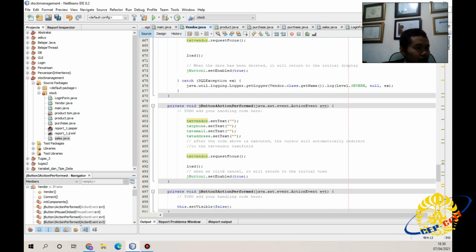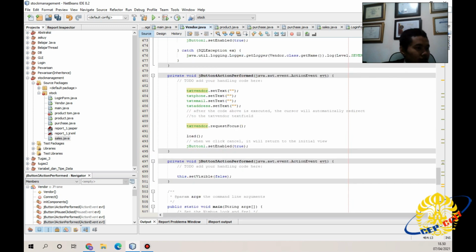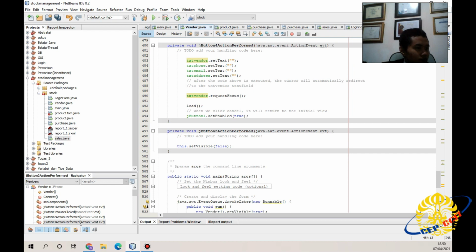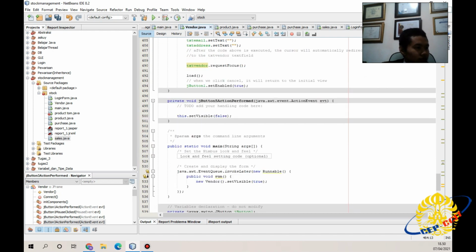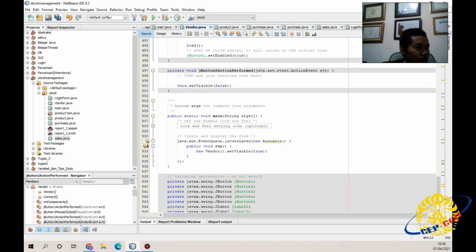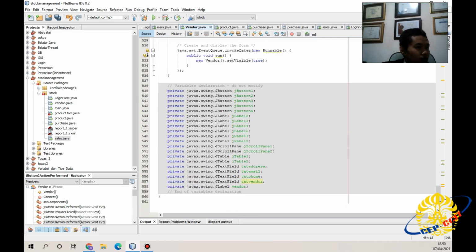When the data has been deleted, it will return to the initial display. jButton4 actionPerformed: txtVendor.setText, txtPhone.setText, txtEmail.setText, txtAddress.setText. After the code above is executed, the cursor will automatically redirect to the txtVendor text field. The function is from txtVendor.requestFocus. But when we click cancel, it will return to the initial view. Okay, thank you.